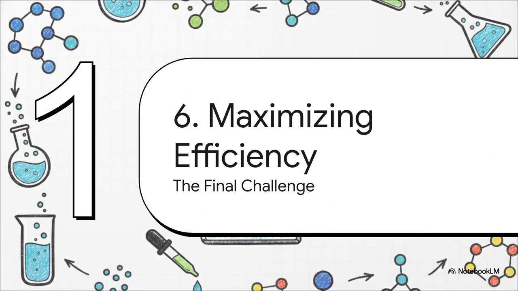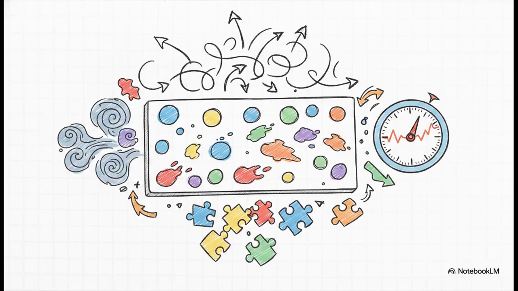Section 6. Maximizing separation efficiency. The final challenge. So when we piece together all this microscopic chaos, the partial equilibration at the start, the spot elongation from molecular traffic jams, and that constantly slowing solvent front, what does it mean for the technique's overall efficiency? Well, in summary, it means the efficiency, or N, of a TLC plate is highly variable. It changes constantly depending on how far the spot travels, the specific mixture of components, and that shifting vapor phase